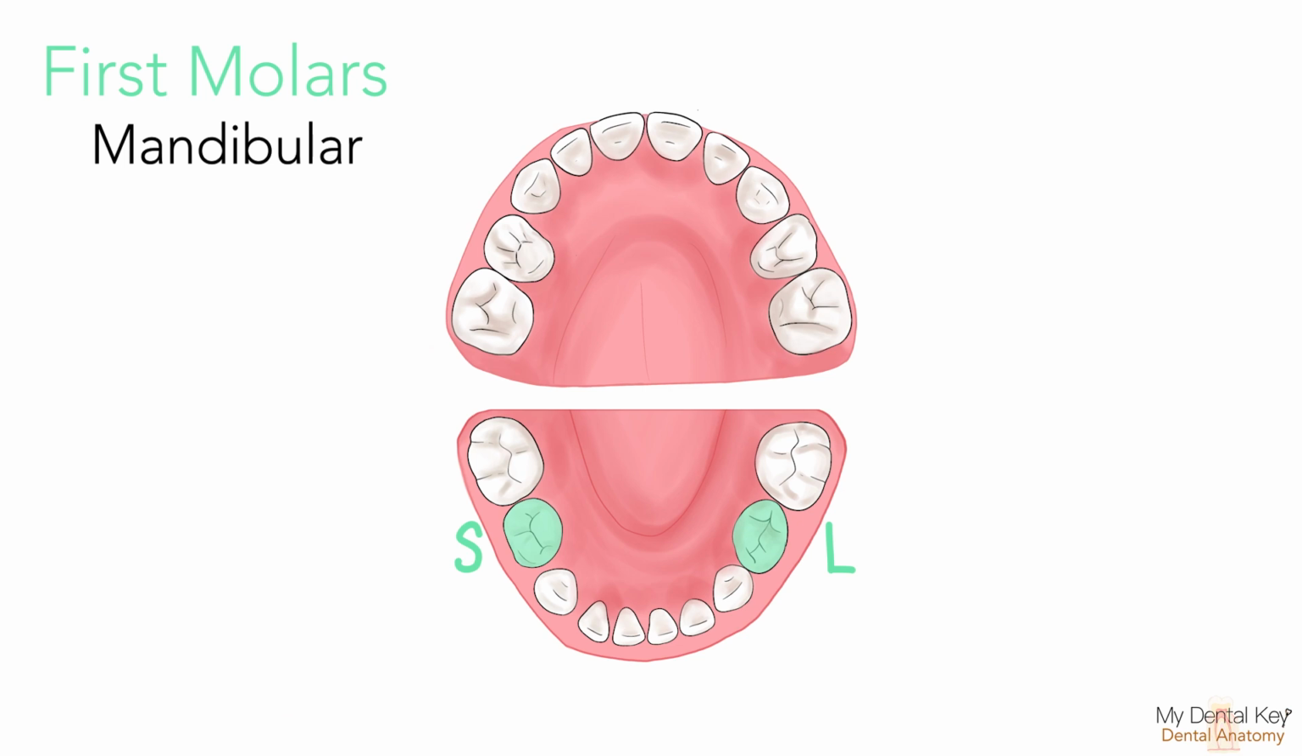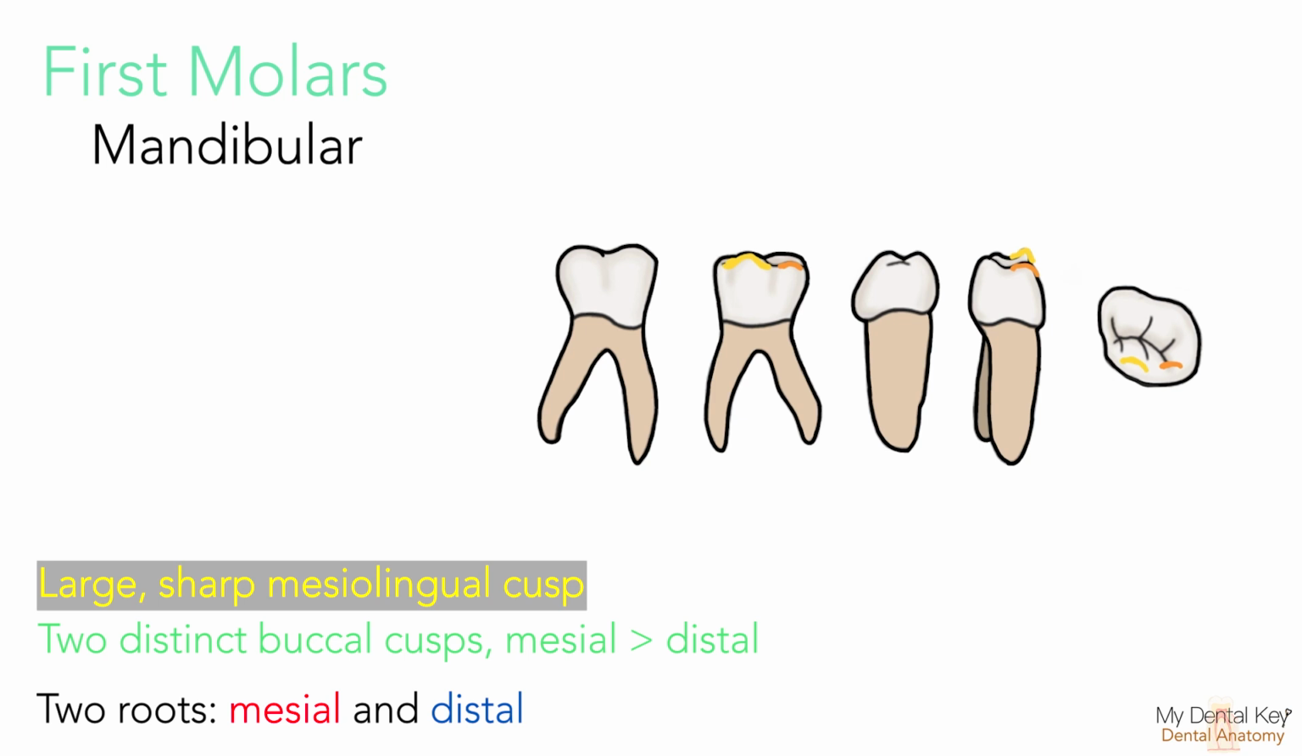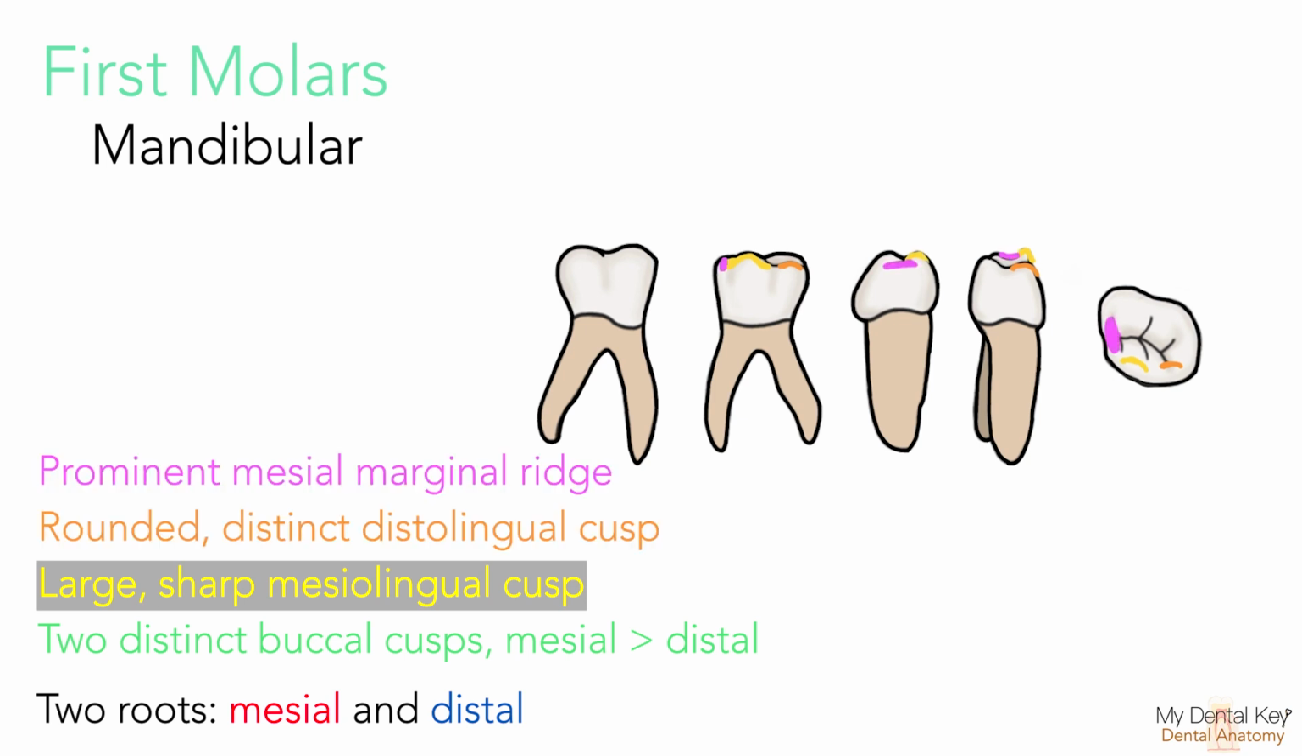On the other hand, the mandibular first primary molars, L and S, only have 2 roots on the mesial and distal sides. The buccal and lingual outlines of the root drop straight down from the crown, and the end of the roots are flat and almost square. There are 2 distinct buccal cusps, and the mesial cusp is larger than the distal cusp. In addition, there is a long and sharp mesiolingual cusp, a rounded, well-developed distal lingual cusp, and a very prominent